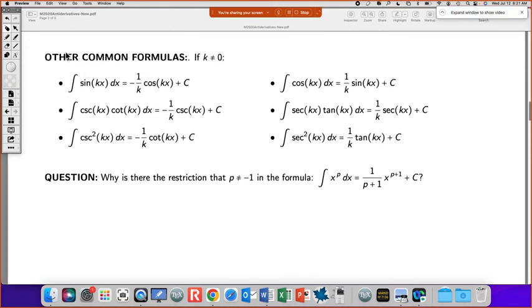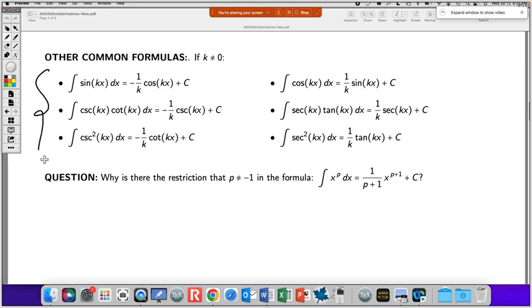Other common formulas. So this is like the sine of 2x thing. All right. So if you take the derivative of a cosine of kx, a factor of k is going to pop out. So you take care of that constant by that. So k, these are constants. So for example,